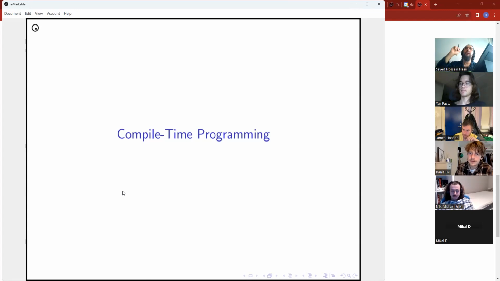So now you have building blocks with which you can do some elementary level compile time programs.